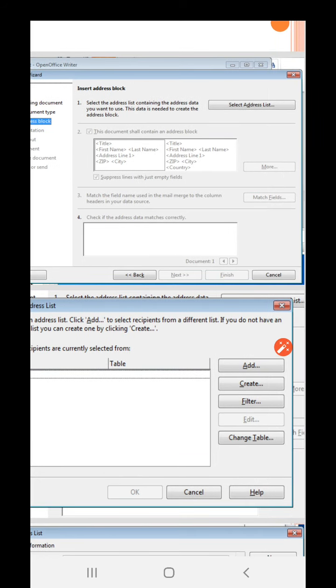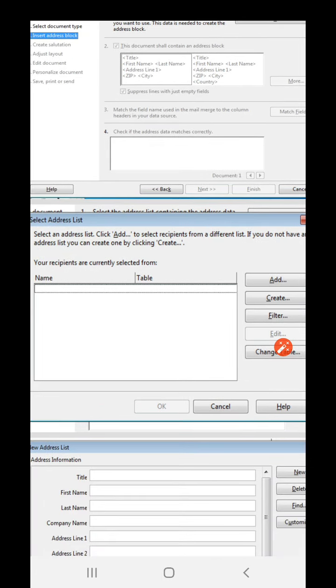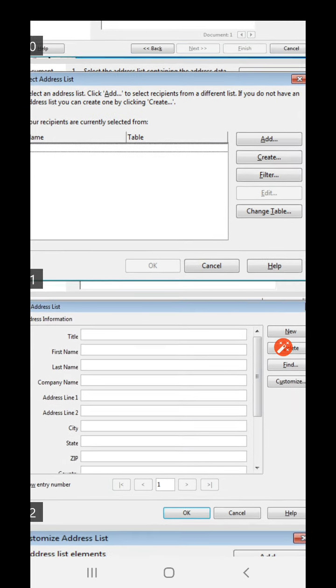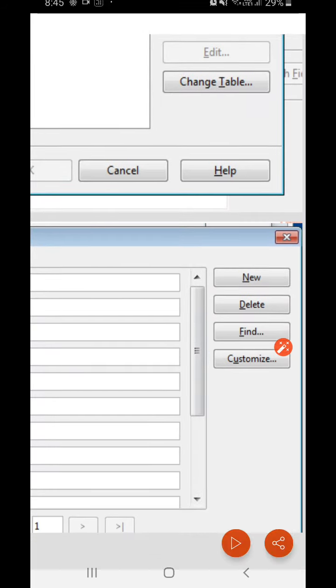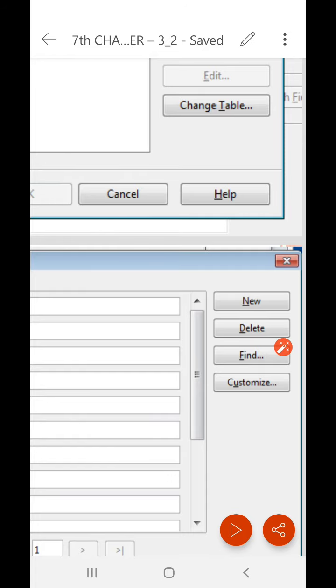There are 3 buttons: add, create, filter, change table. We need to click on add. Then a new address list dialog box will open up. It has various options to type, and here are the options customize, find, delete, new.